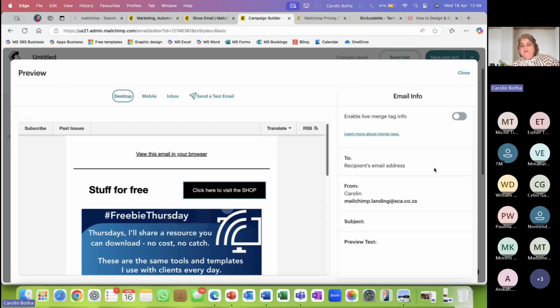Before I close it, this won't show. This right-hand side won't show on the client's campaign. It will just, yeah, that's actually why I wanted to show you this, but I can't do it now. So it will just show this part, only that. It will be sent to your recipients list. So all those 3 contacts that I have, it will say it comes from Caroline. You can go and change that.